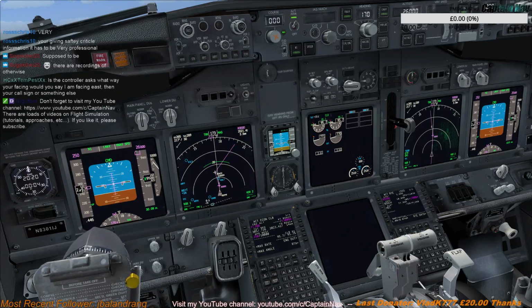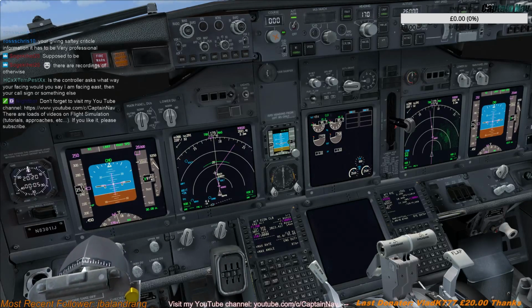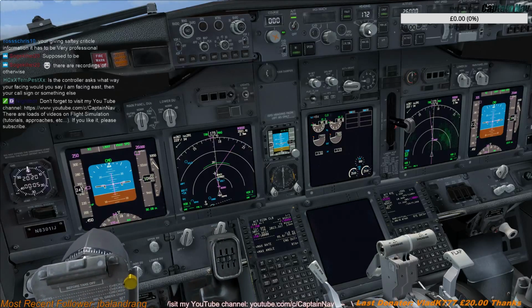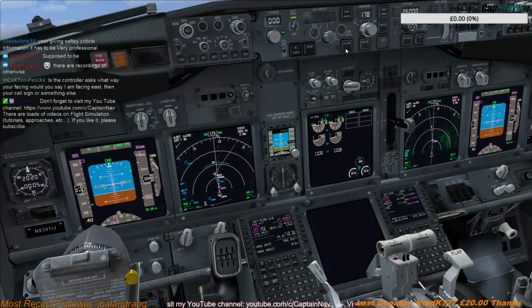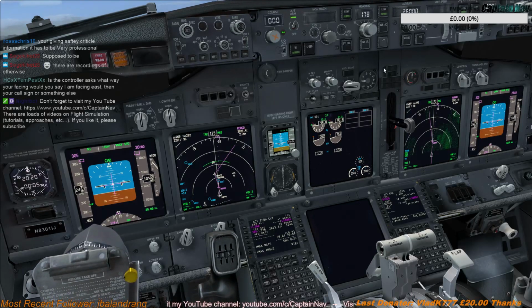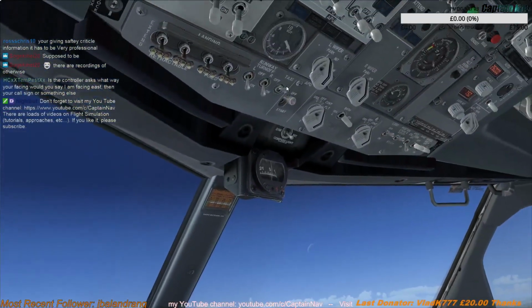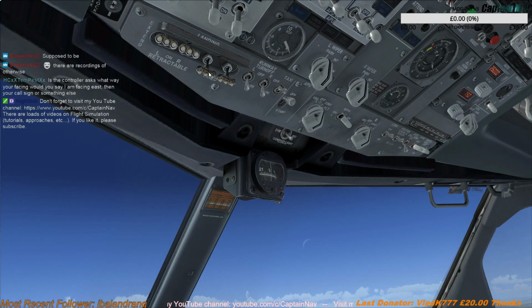And it would have been a good idea maybe to only set 7,000 in the MCP altitude window, because if you fly in more basic modes like level change or vertical speed, then we would have kept climbing. Because we are flying in VNAV, the VNAV levels off, because it follows the programmed departure in the FMC. But as I said, if you fly...